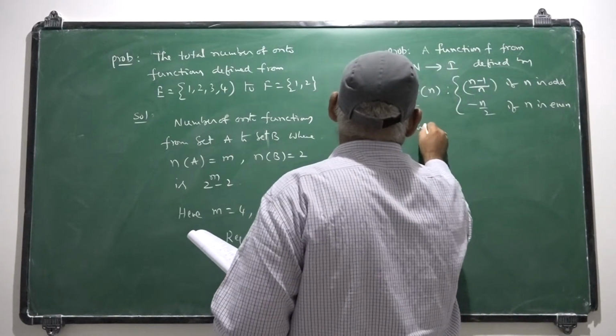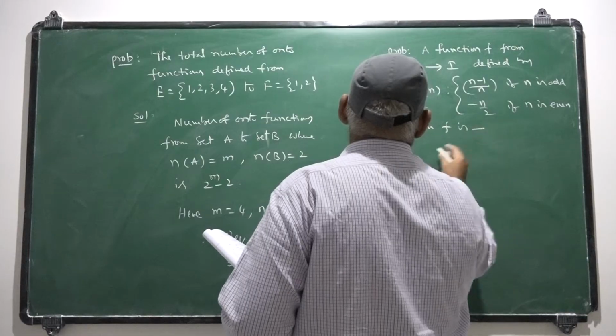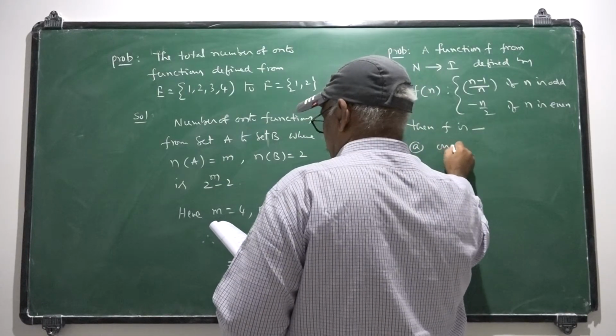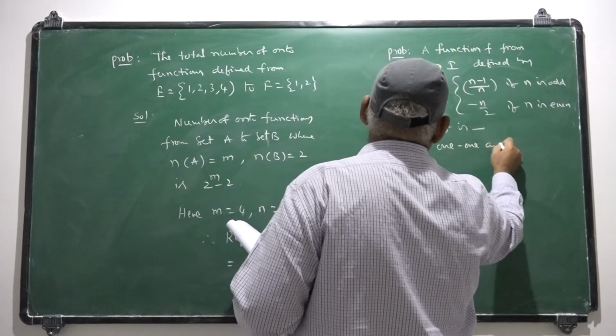Then f is, the options are: a. one-one and onto,